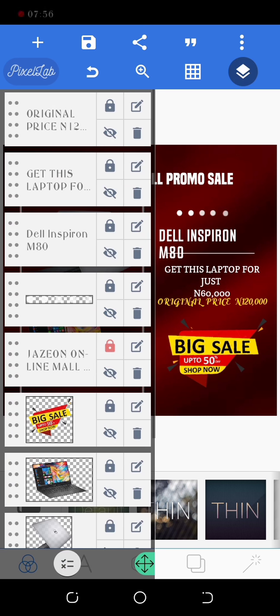Then if I want to delete, I will just click on delete. Okay, now that has been deleted. Then I can undo my delete using this arrow back icon. Okay, now another thing you can do is to edit using this pen icon. Okay, it will bring out some options for you. This pencil icon is to edit, this is to copy,